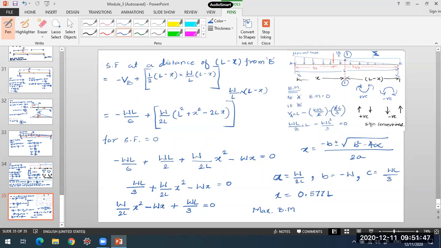So again, I'll take moment of all the forces on the right side of section. So it will be, this is right side anti-clockwise movement, so negative, sorry, it is positive VB into L minus X, okay, and minus, this is W by L